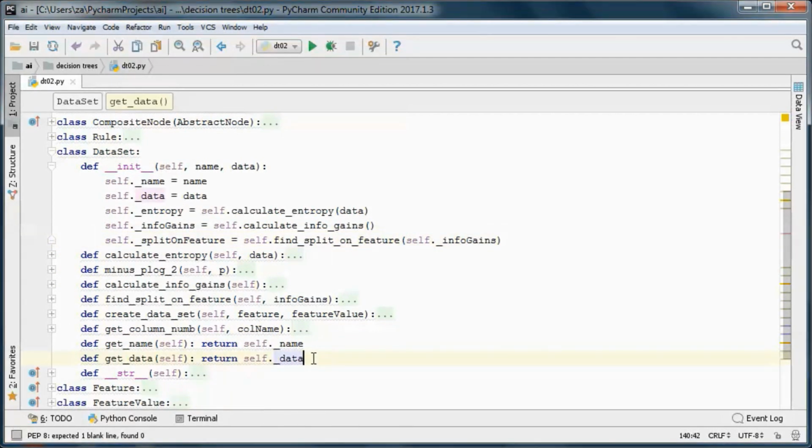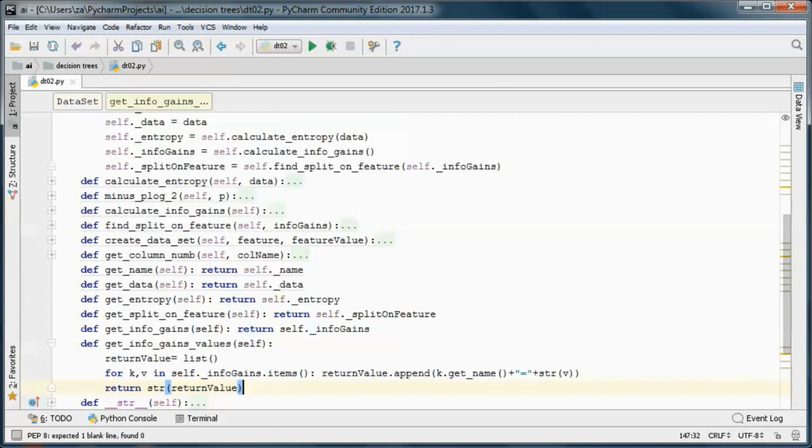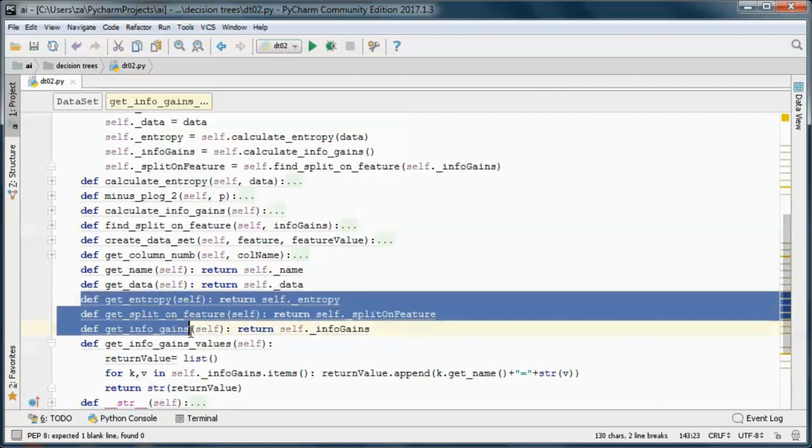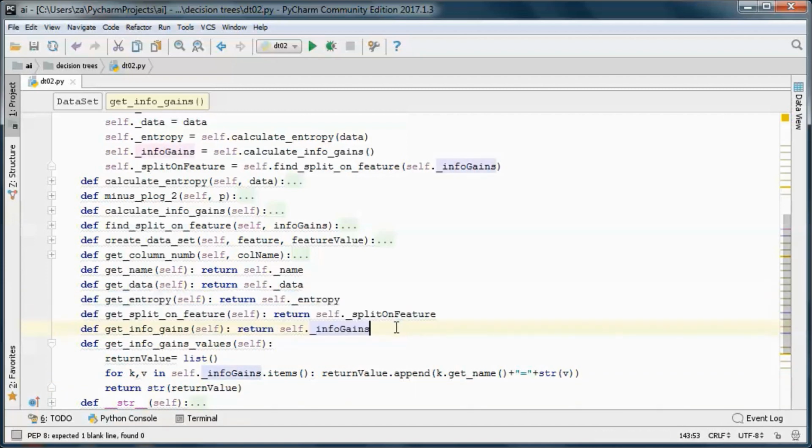And what remains are get methods for the entropy and the split on feature and the information gains. And this one returns the information gains values.